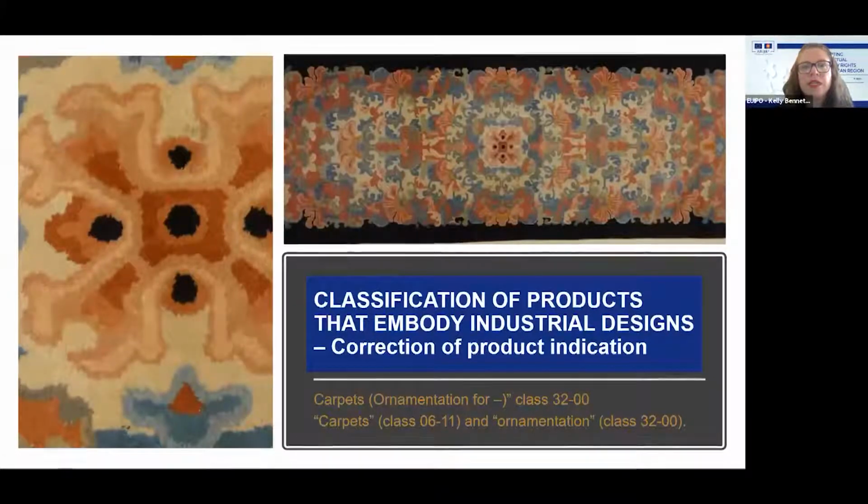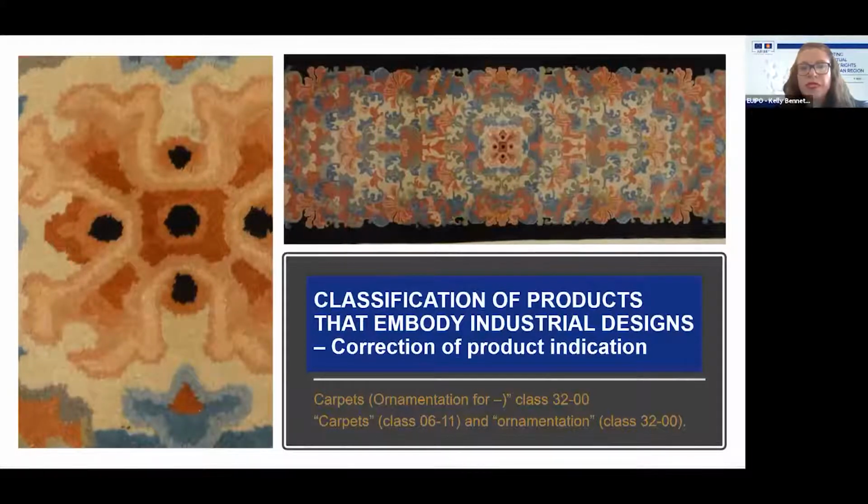Where the design represents ornamentation for a given product, and only that product as a whole is indicated in the application. So, for example, if the product indication was carpets, the examiner will replace that product indication by the indication carpets (ornamentation for), and the product would then be classified in class 32-00 of the Locarno classification. But where the product indication is ornamentation and the design is not limited to representing the ornamentation, but it also discloses the contours of the product to which the ornamentation is applied,